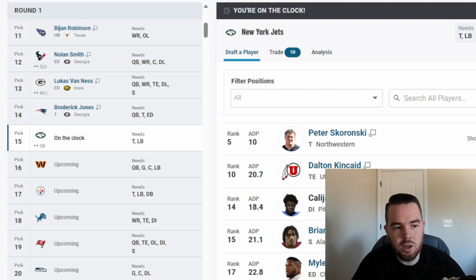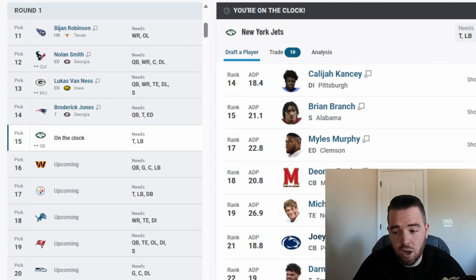But looking back, positions I definitely think they could use maybe a little more receiver depth. I think if they want an elite tight end, that could be something they look at. Maybe not first round. Like I said, I want to attack tackle, and anywhere on the D line, I think they could use some bodies. This is a tough pick, and for me, looking at their cornerback room, you got Sauce